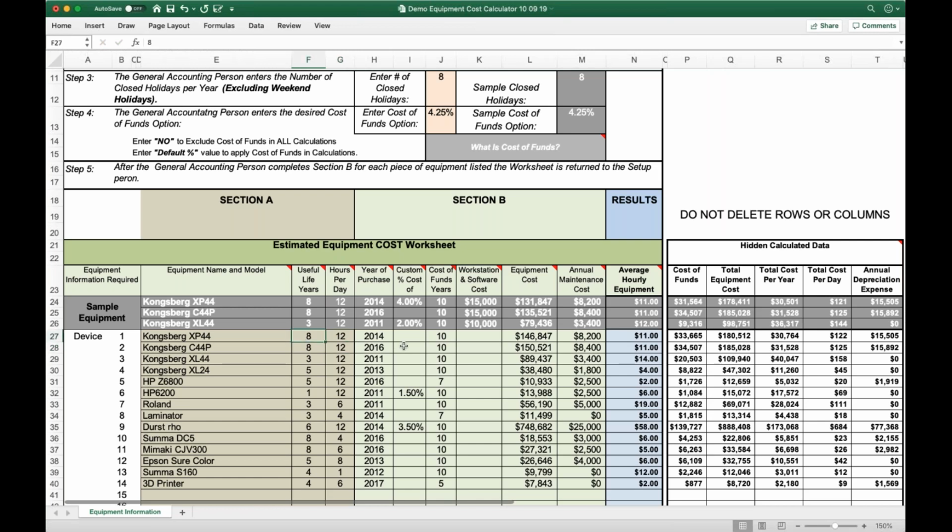If the useful life is not 8 years, but maybe they assess that because of the wear and tear on it, they really only think that it has 6 years left on it. That's going to increase the hourly rate from 11 to 13, just with the useful life change. So I guess the bottom line is you have to be as accurate in your assumptions as you can possibly be. And that pertains to the